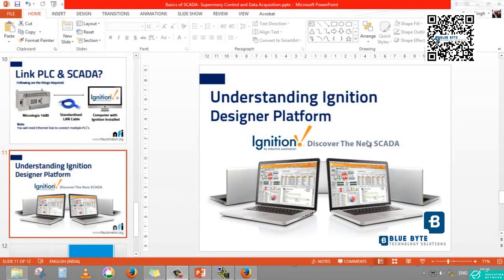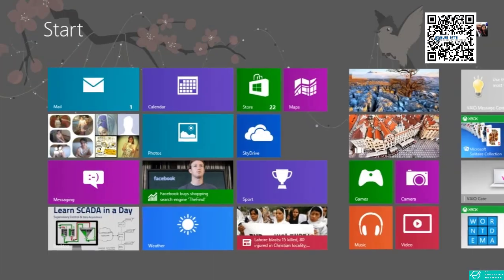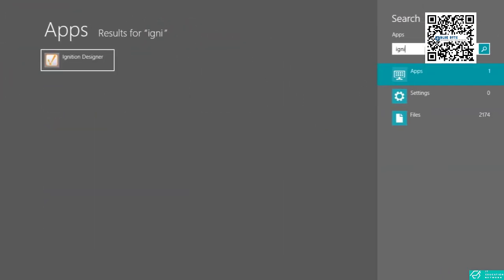Now we will understand the Ignition Designer platform. Alright, we'll see how the software works, what are the various elements of the software. So to start the software, after you have installed it successfully, you have to type Ignition and you will see Ignition